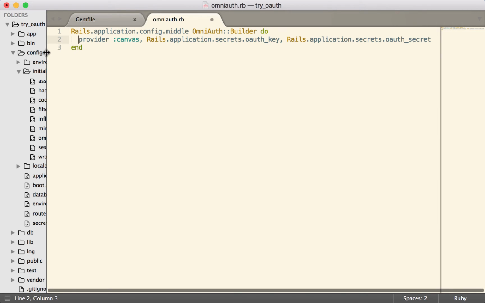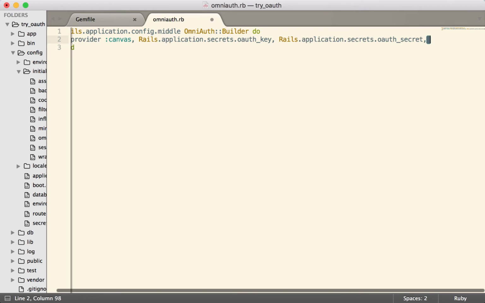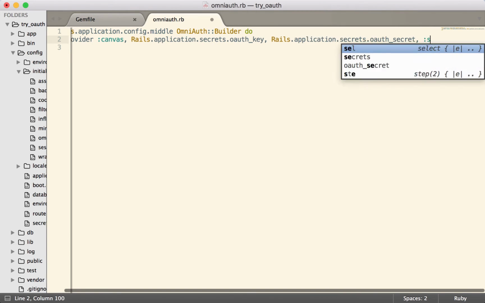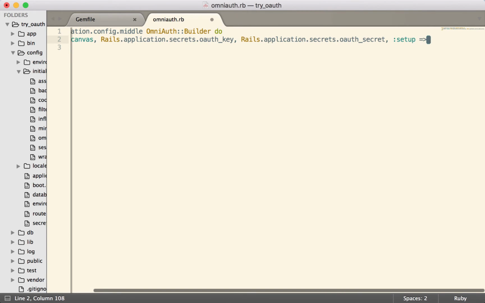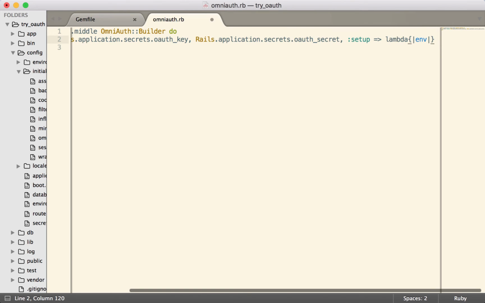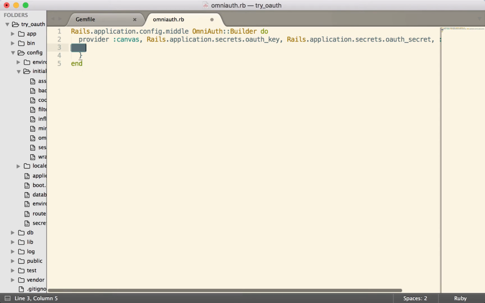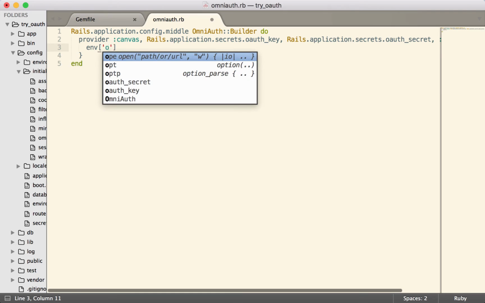you have to provide it with a little bit more information. What's really nice is I can give it a setup function. So I can do setup, give it a lambda here. And then when this is called, OmniAuth is going to provide me with the current environment. So that will allow me to look up anything that I need from the environment, or set anything that I need on the environment. In this case, we're going to need to set in the